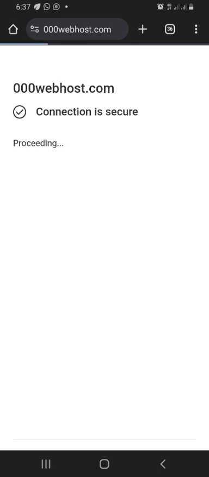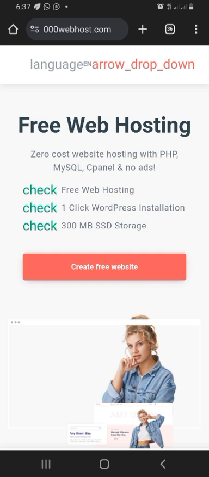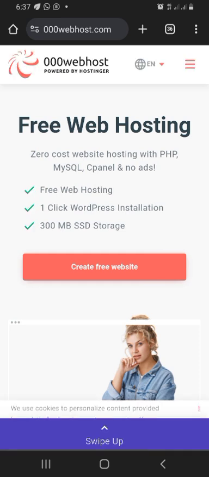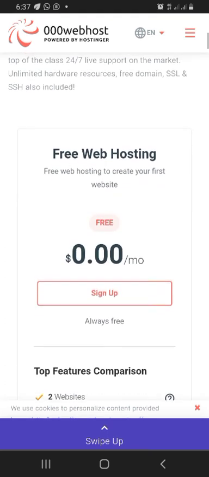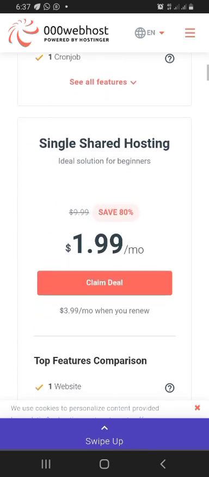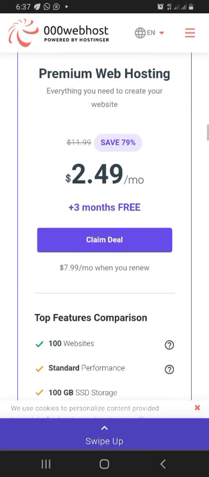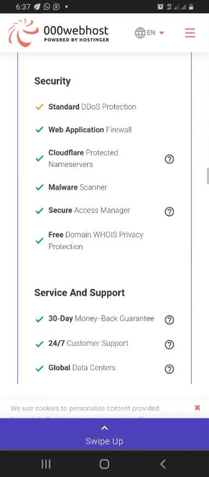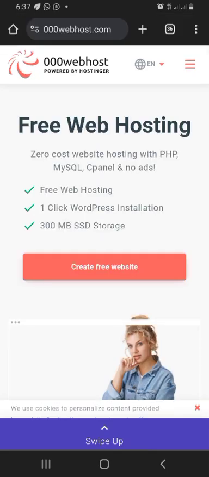They are the ones we are going to be using in the course of our lesson to learn how to build a website. So what we are going to do now is to get a hosting account, get a domain name, and then upload the software we are going to be using to build the website. And then we will begin to make some customizations that we want to do.